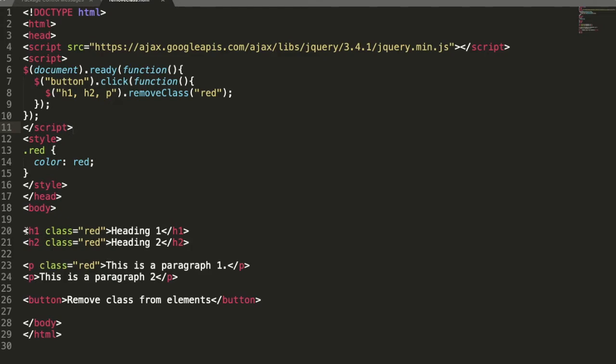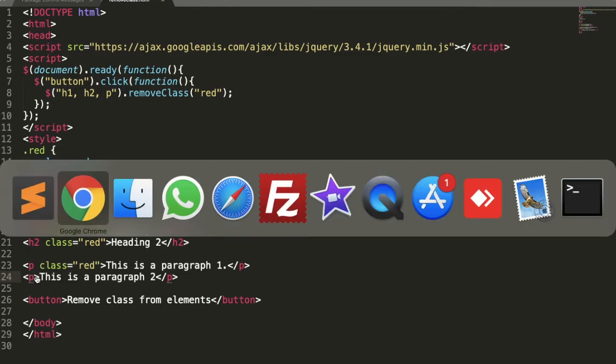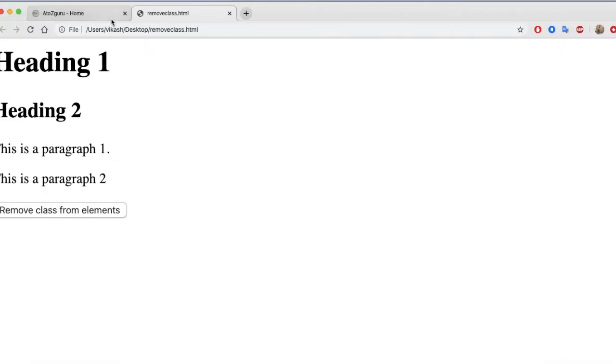See, here I am using H1, here H2, here P, and all have class red, and here I am not using any class. Due to that, what is happening?